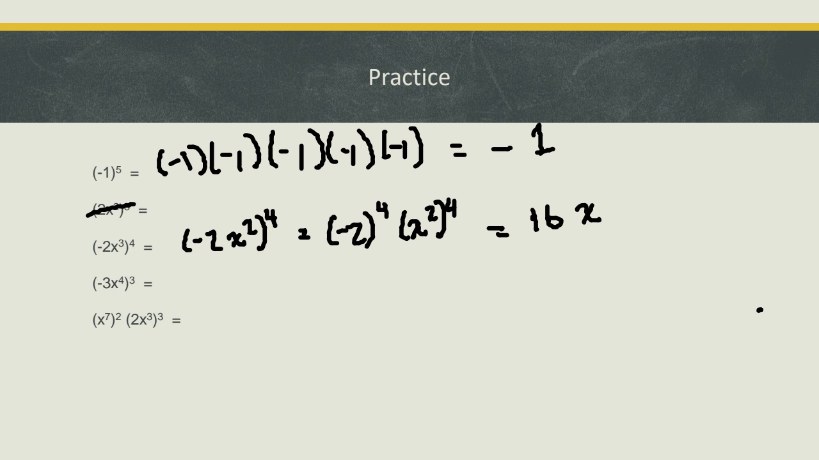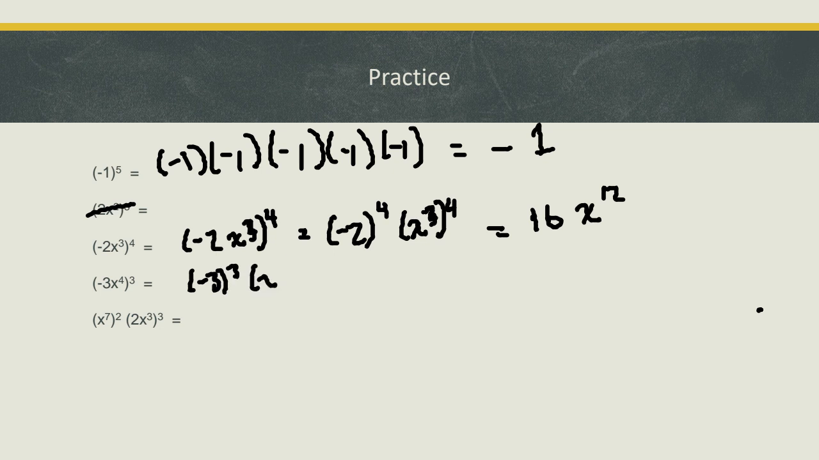It's really small on my screen, so you're probably like, Kyla, where'd that 2 come from? It's a 3. So my apologies. So it's going to be 3 times 4. So it's going to be x to the power of 12. So 16x^12. For the next one, we get -3 to the power of 3, and we have x^4 to